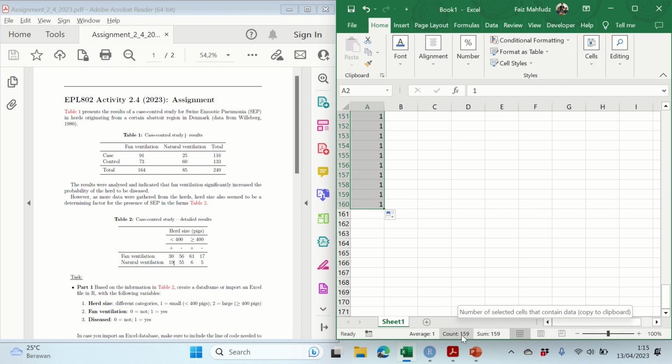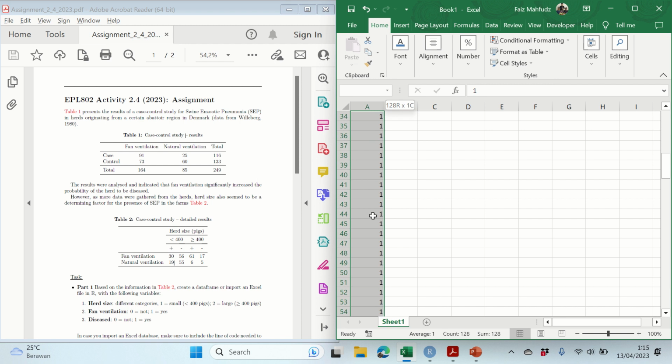So you have to keep your eye on this value because you don't want to miss. So I need one more, right? Okay, so as you can see, we have 160